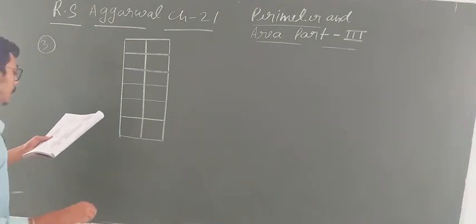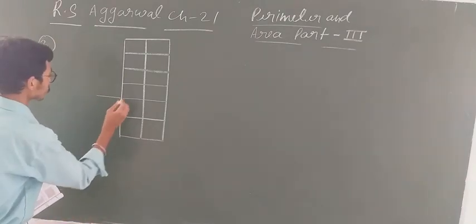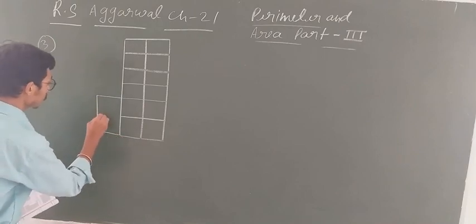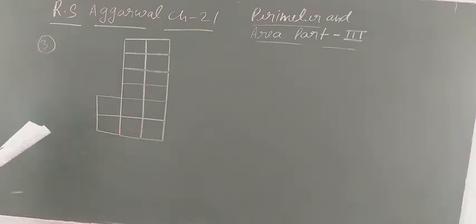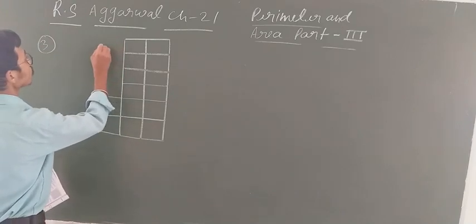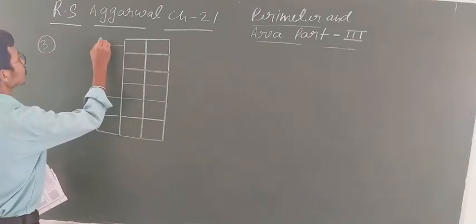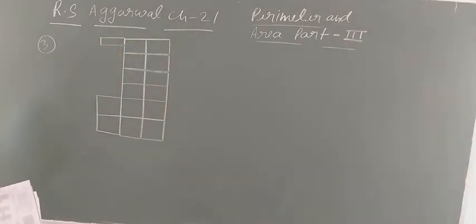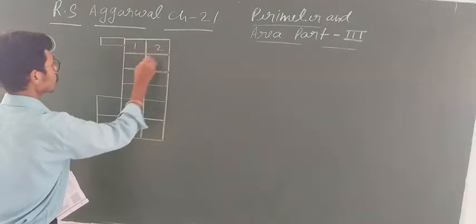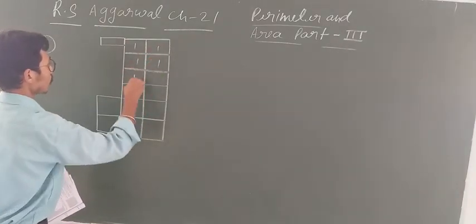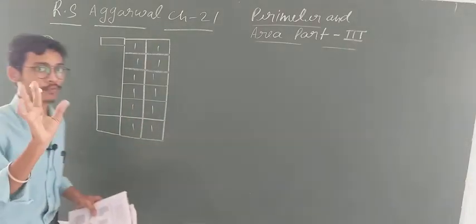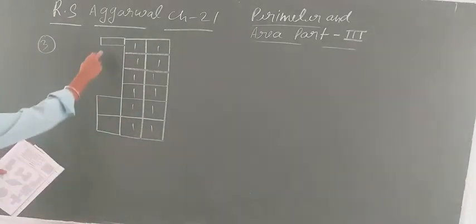Clear, student? And again this one is also a square. Clear, student? So this is okay. Now next, some half part is also given. Clear, student? So this is your diagram. You have to find the total area of the diagram. Now you know that this is also 1. All are of 1 square centimeter. The area of 1 square is 1 square centimeter. It is given, and this is half.